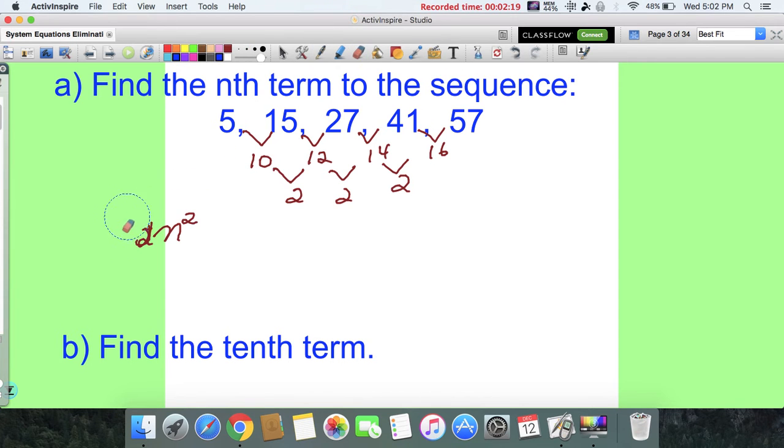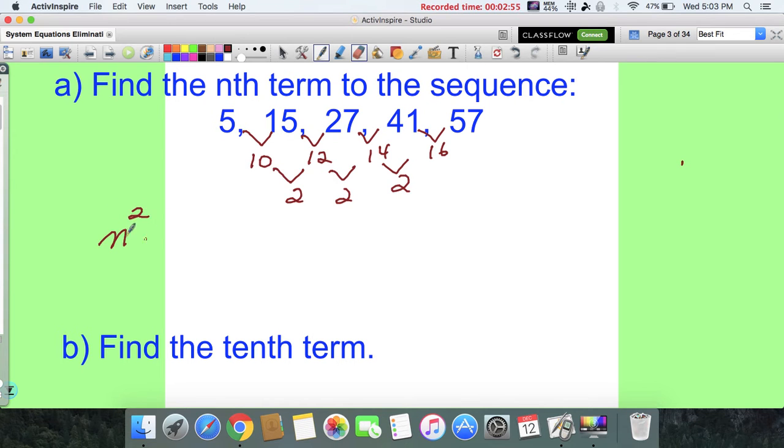So one of the ways we do this is to look at the second difference right now, and half of 2 is 1. So in this case, it would be 1n squared. But let's say the difference was 4. If you took half of 4, that'd be 2, and you would write a 2 as your coefficient. If your difference was 6, half of 6 would be 3, and that would be a 3n squared sequence. So now that we established that it's just an n squared sequence,